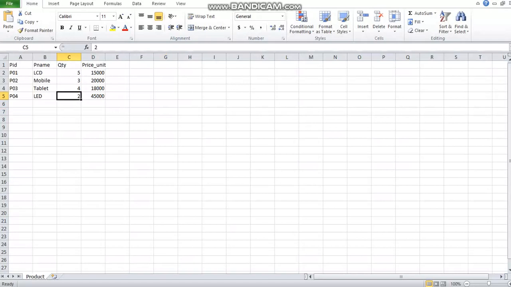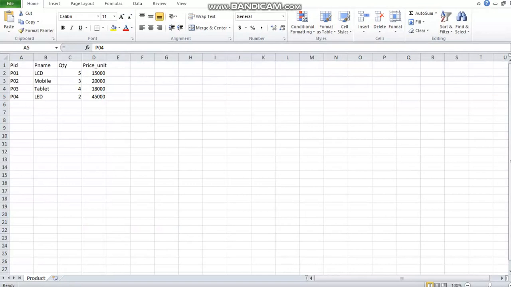But if we save the same Excel sheet as .csv, then Python can handle this file easily. So we'll see how Python will read this file, or how in Python we can work with a CSV file, or how we can open this sheet and work.